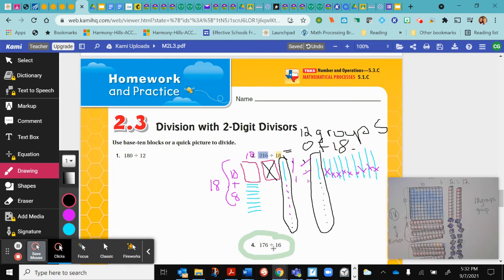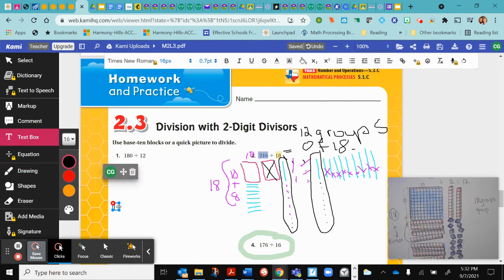Okay. All right, you're going to do the same thing. Remember, you're going to take your divisor, and I'm going to write this note over here. Break, not the divisor, the dividend, which is your total number, up using base 10. Okay, and then the next step is you have your 16. So here,